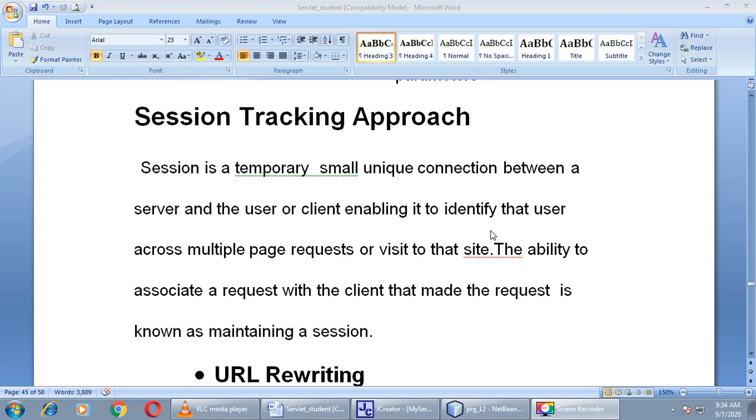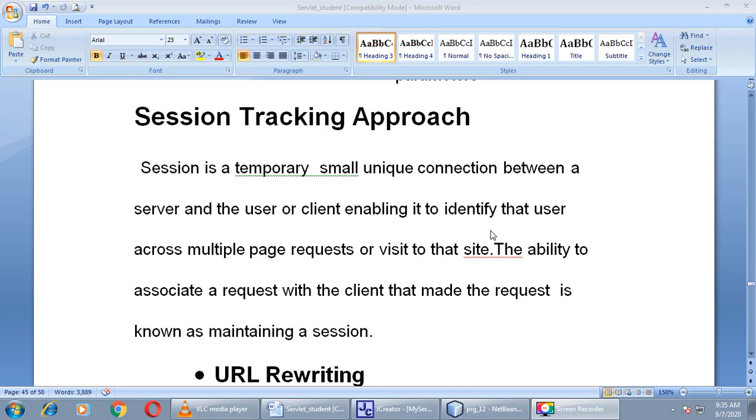So here we can say that a session is a temporary small unique connection between a server and the user or client, enabling it to identify that user across multiple page requests or visits to that site. The ability to associate a request with the client that made the request is known as maintaining a session.